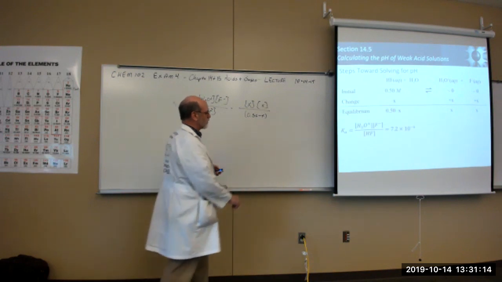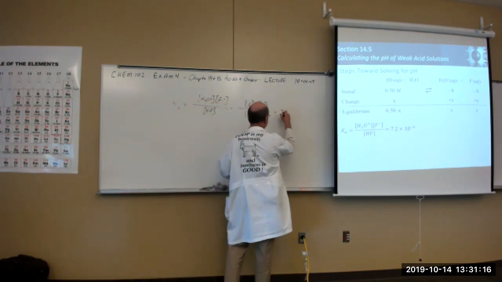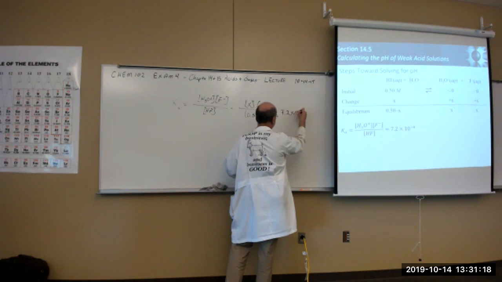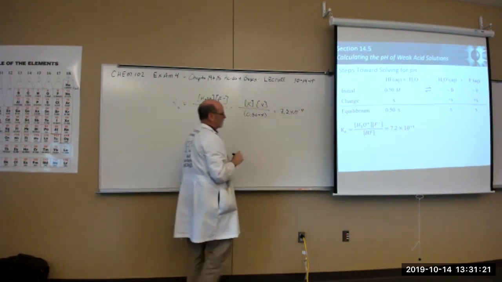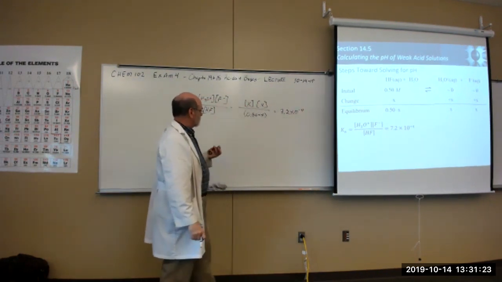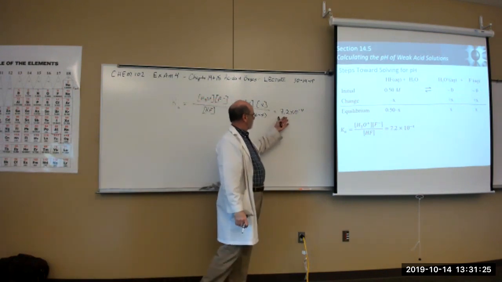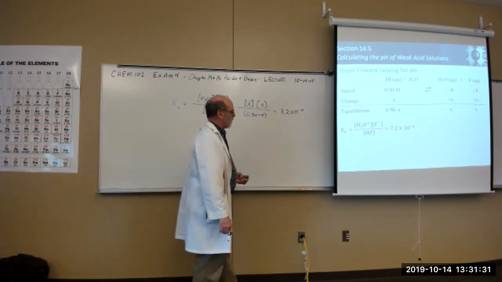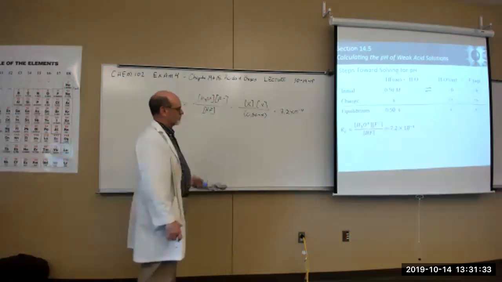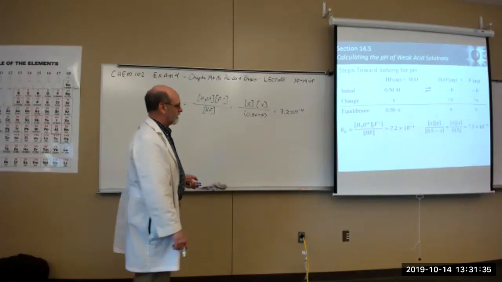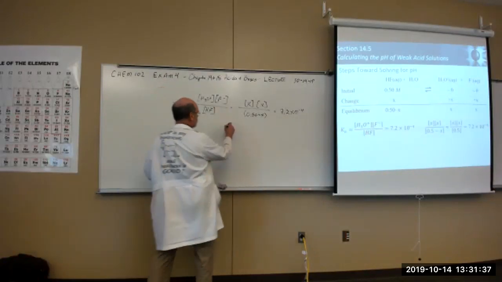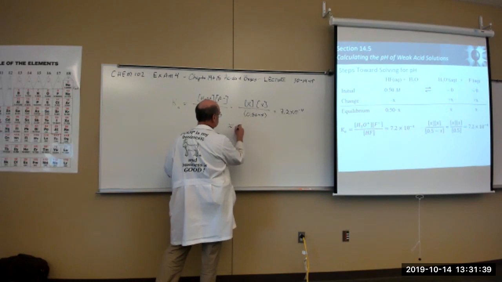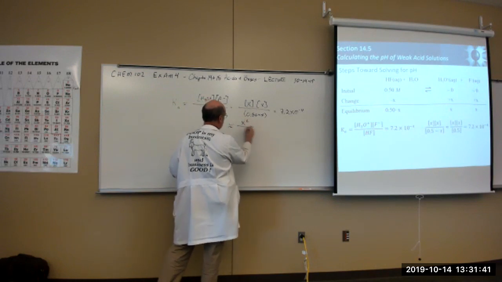There it is, 7.2 times 10 to the minus 4th. Okay, that the value of X is going to be extremely small. Right? So that's why we're saying this is approximately X squared over 0.5